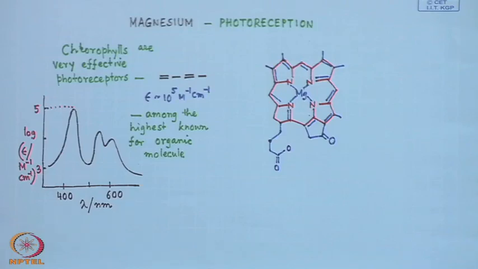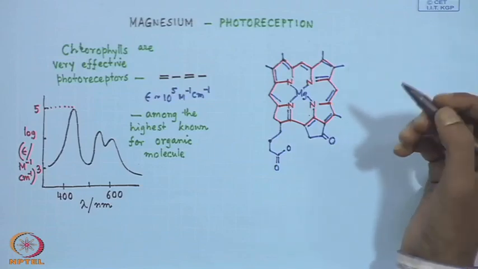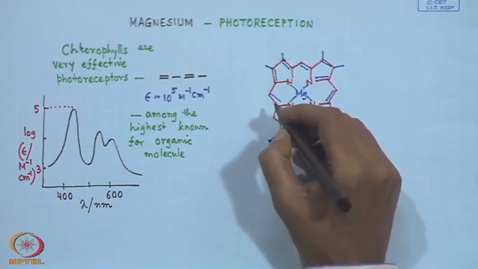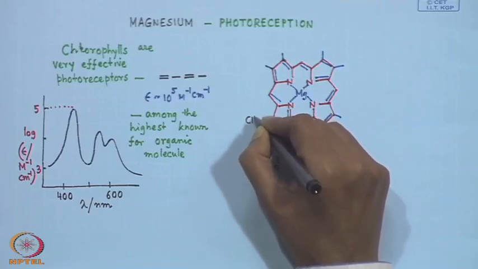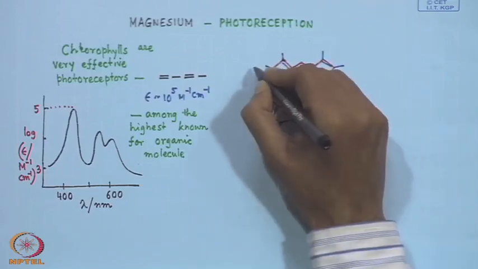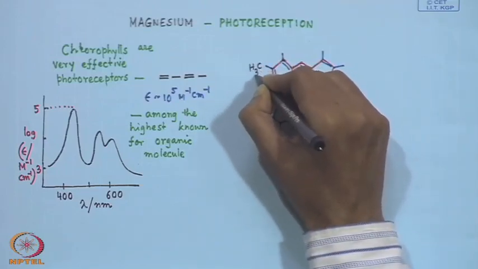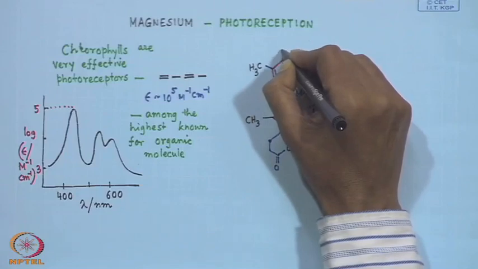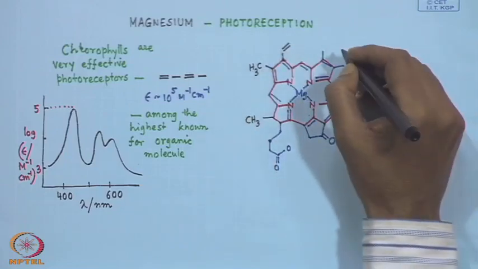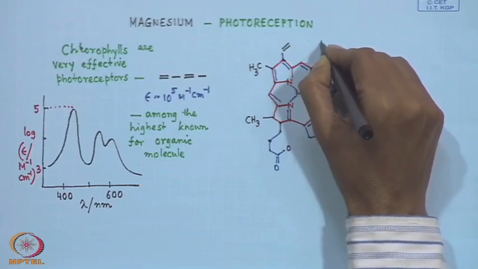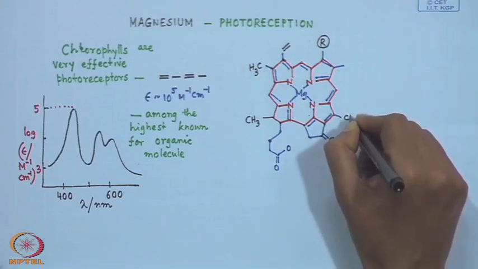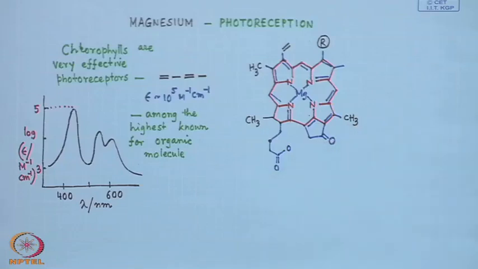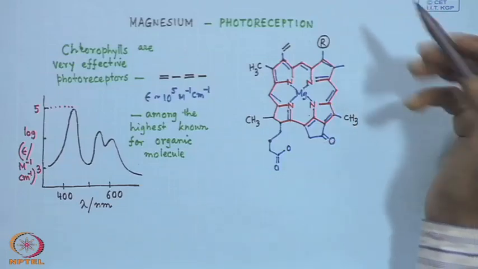The propionic acid functions are very common for all sorts of these biological molecules, and here we have one methyl, this is also methyl, this is vinyl, and this is a typical one, because you can have different chlorophylls. This is methyl. So, when R is equal to methyl,